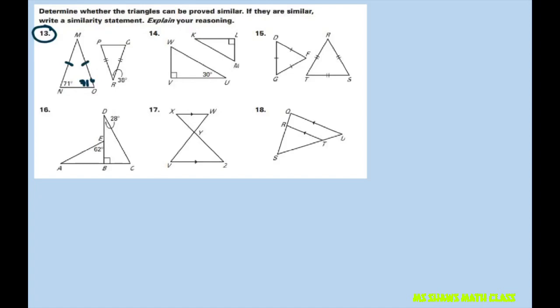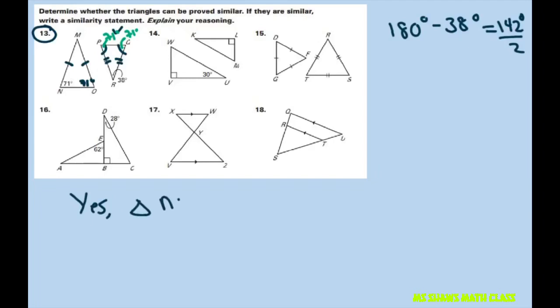Now, this one is also an isosceles triangle, and if I take 180 minus 38 degrees, 180 minus 38 gives me 142. And if I divide that by 2, because these two sides are congruent, so these two angles have to be congruent, I get 71. So these are 71 degrees as well. So that means they are similar, and we can write it as, yes,